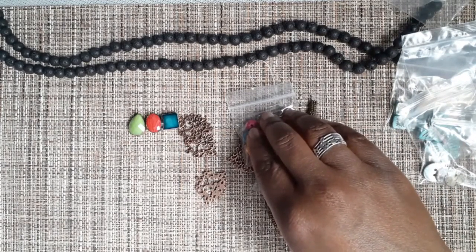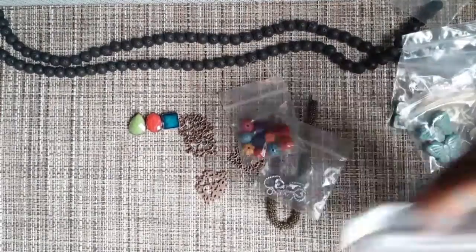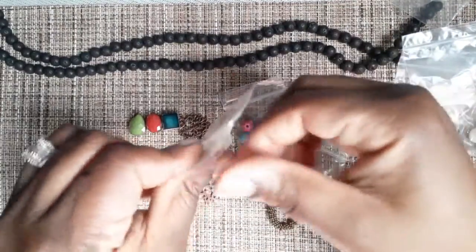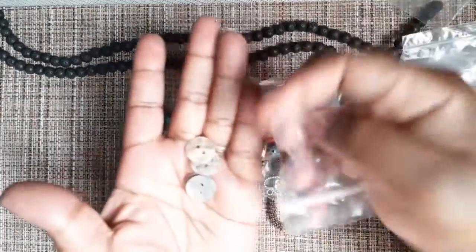15 millimeter shell button in abalone, quantity of 4 for $1. And so this is this. Buttons are really cute in jewelry. You can use them as closures. Now, I'm not big on